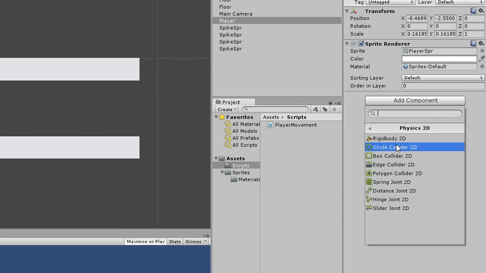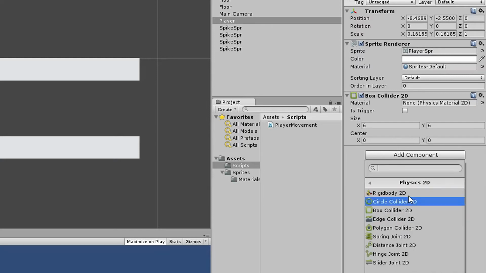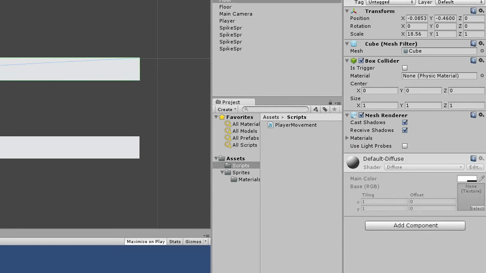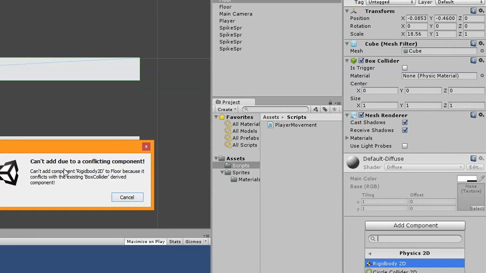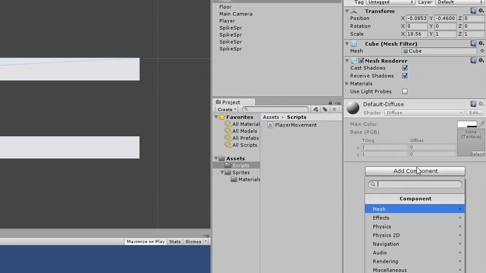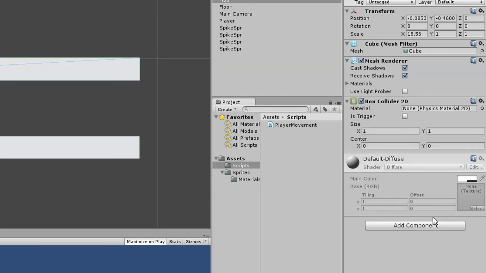So you want to go to Physics 2D, and add box collider, and also a rigid body. Now sometimes, for instance, you might have on your player a box collider like this, and when you go to add a rigid body 2D, it will tell you you can't because a box collider is there. That's fine, just remove the box collider because you don't actually need it. You want a box collider 2D, else it won't work, so add a box collider 2D to that instance.